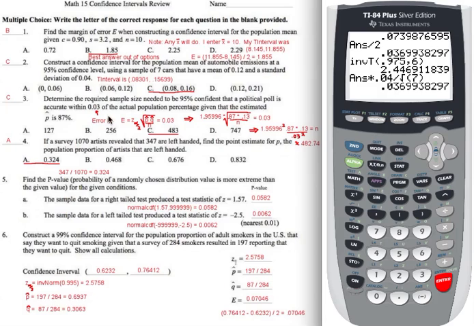Let's do problem number 3. Determine the required sample size needed to be 95% confident that a political poll is accurate within 0.03 if the actual population percentage given that the estimate is p hat is 0.87 or 87%. So if I have a sample from an unknown sample size that gives me a ratio of 87 over 100, I want to know how large would my sample have to be in order for me to be within 3%